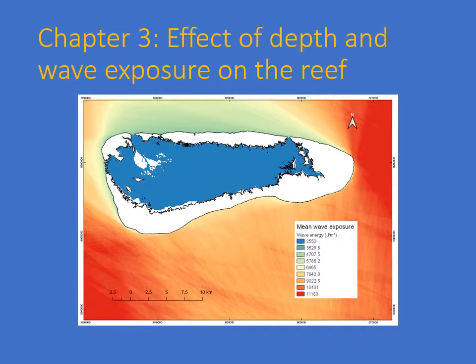In the third chapter, we looked at the effect of depth and wave exposure to predict the probability of occurrence of these benthic habitats around the atoll. From the map here, you can see that wave exposure was greatest in the east and in the south of the atoll, and the leeward north and western side are relatively sheltered. We could then use this to look at the probability of occurrence of the different habitat types, which we mapped